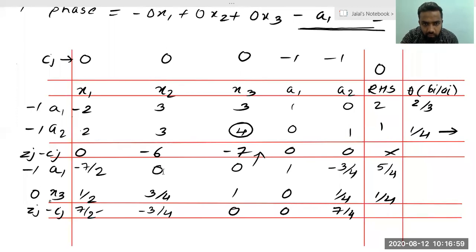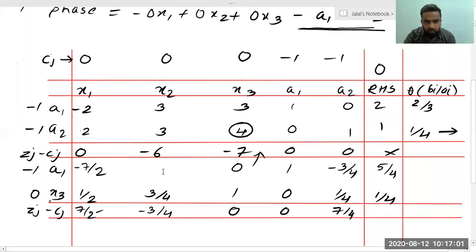Okay, this value. Yes, 24. 12 minus, yes, 4 into 3 is 12. 12 minus 9 is this value. 12 minus 9 is 3. This will be 3 by 4. Okay, thank you. Now,